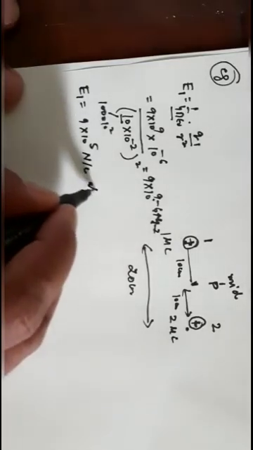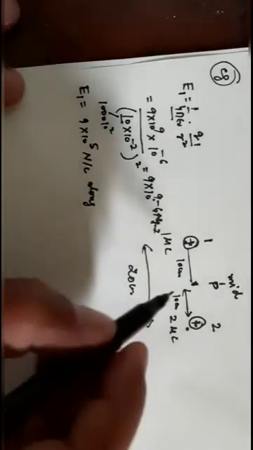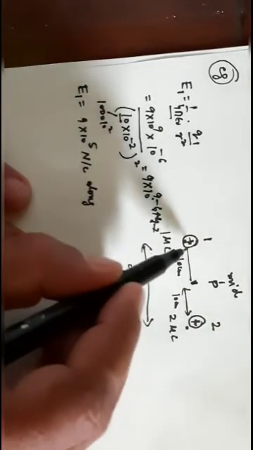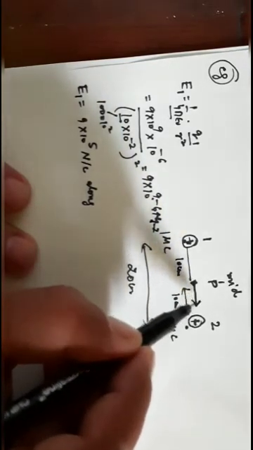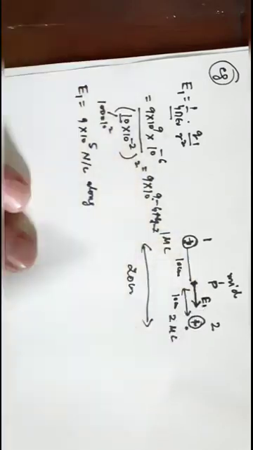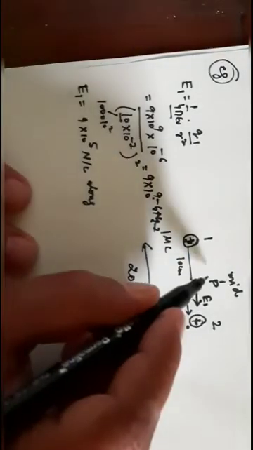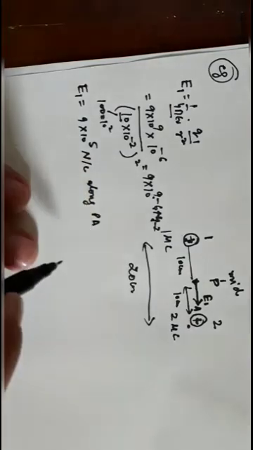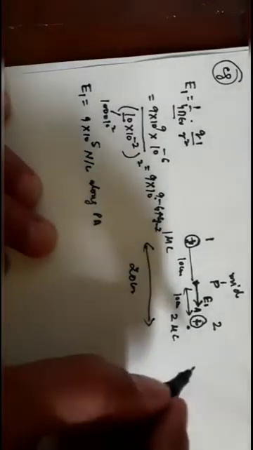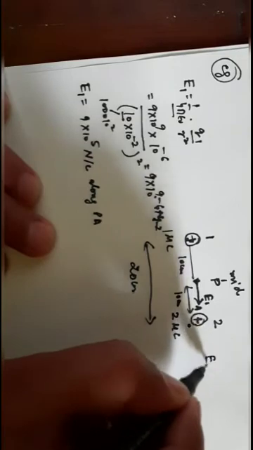Now what is the direction? From here you see the direction of the field of a positive charge is outward, so it will be toward this end. So E1 is along this direction, from P, and I take this point as A, so it is along PA. Now calculate the electric field due to the second charge.